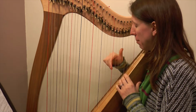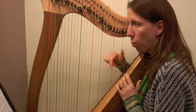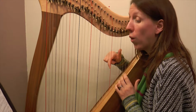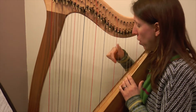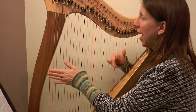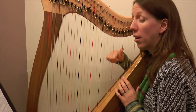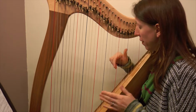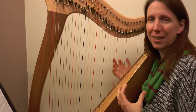Let's try that again. Same thing. Well done. So you've got finger 2 on the red, thumb on the black. 1 and 2 and 3 and 4. Well done. One last time. 1 and 2 and 3 and 4. Brilliant. And even if you're just going C, F, E, F, that's the melody, that's what we need to hear,